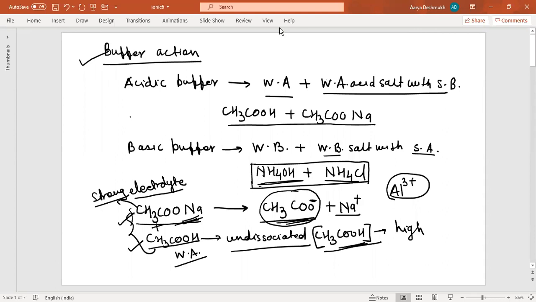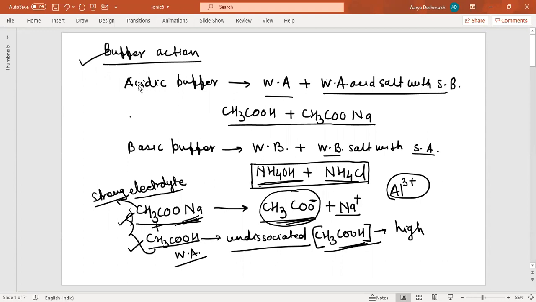You will be observing here that there are some markings I already made on this slide, because I had already conducted the live lectures. So I'm using the same slides and I explained those things earlier also. That is why you can see some of the markings I already made here. Now let us start with the next, that is buffer action.